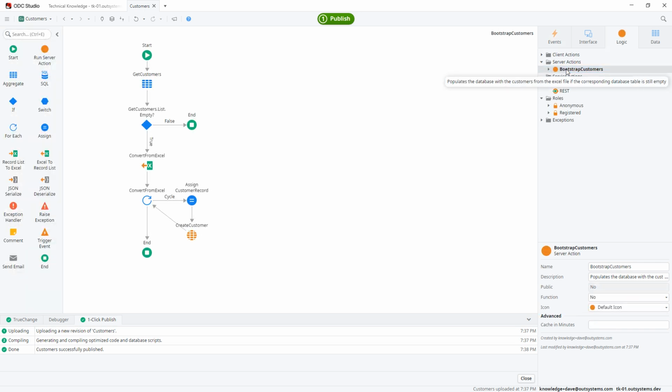Double-clicking the timer will reveal the logic associated to it. Without going into much detail, the logic flow will simply verify if the entity already contains any data. After that, if no data exists, it will load the Excel file and, for each row, create the corresponding customer